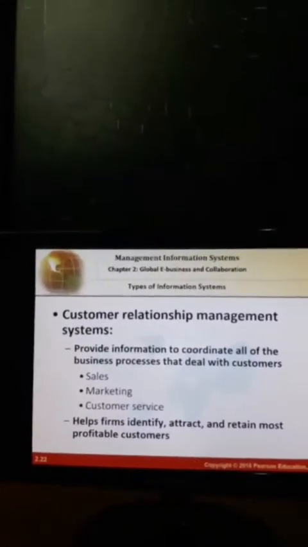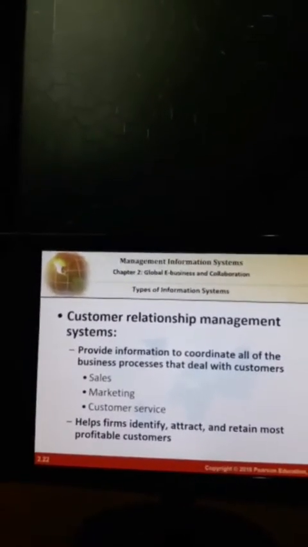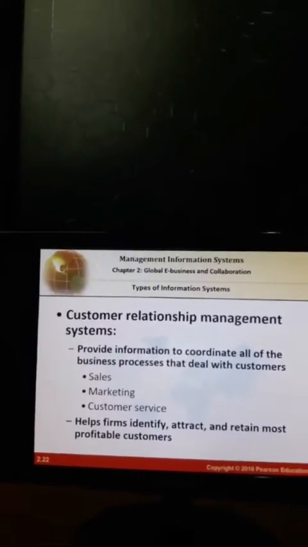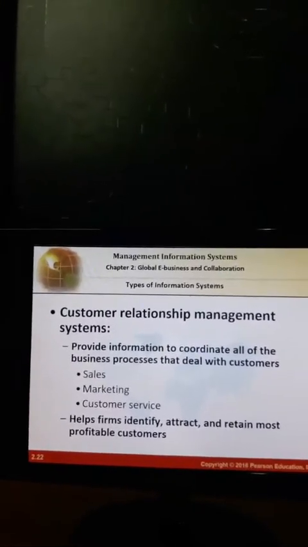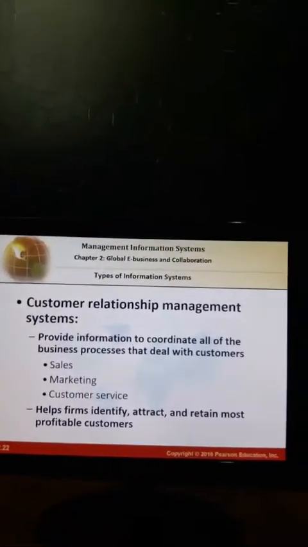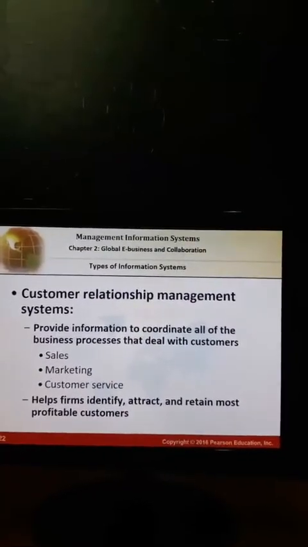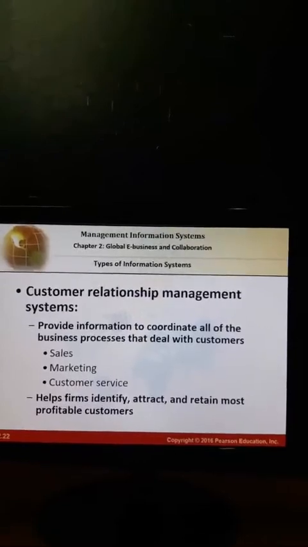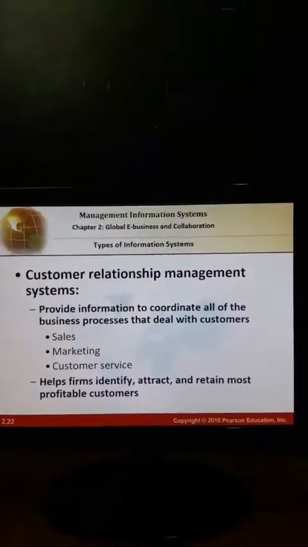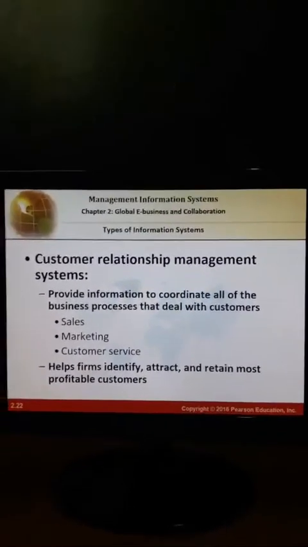So if you want to make your customers loyal, you need to provide service in real time. That is, whenever customers are complaining or raising any issues, you need to respond to them quickly. And to respond quickly, you need to develop the system that we call CRM, customer relationship management. There is a software named CRM, and most of the organizations are using these CRM softwares to link up with their customers. And then last one is